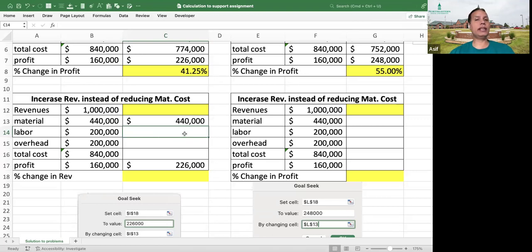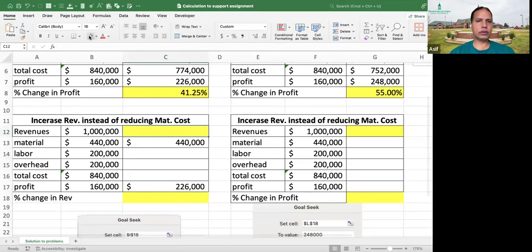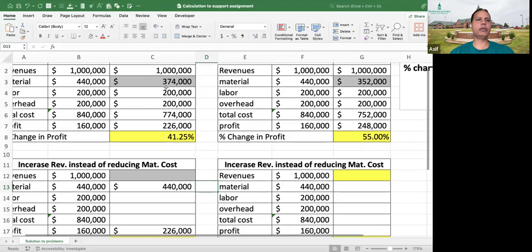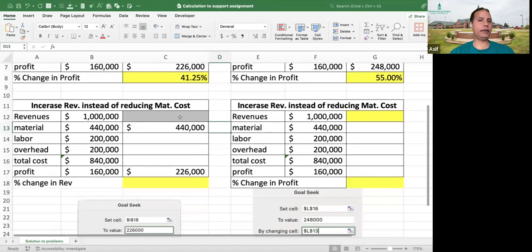Labor cost would also remain the same. Overhead would also remain the same. And accordingly, total cost would also remain the same. So the only variable that I'm going to manipulate over here is revenues. So let me highlight it in gray color to show that this is the variable we are going to manipulate. Just like over here we changed material cost, same thing here, and over here, it will be revenue. All right, now let's start solving it. So material cost remains the same because we are not going to reduce material cost,